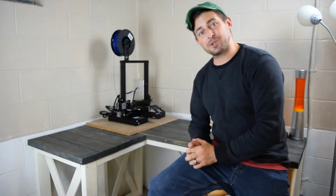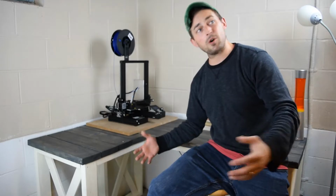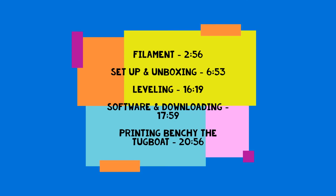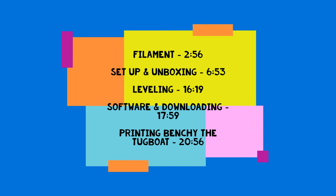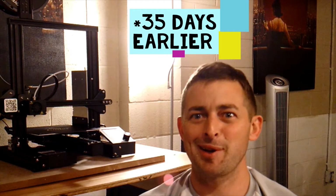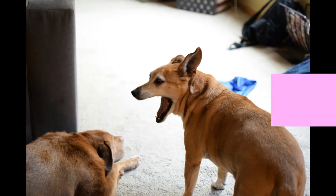Basically what we're going to be doing today is setting this up and doing our first build with the Ender 3 Pro, which is your budget printer that can print a lot of volume. I'm already in the 3D printing game now. I created my first 3D print, so now I get to say "we." What we in the 3D printing game like to say is,